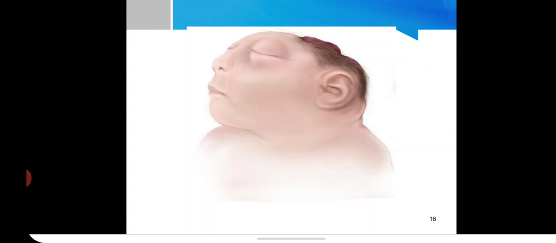As we conclude now, the central nervous system develops entirely from the neural tube, and the peripheral nervous system partly from the neural tube and partly from the neural crest cells. This completes the development of the neural tube formation, or neurulation, which may be asked as a separate question for you. We will see the continuation of the development of the brain and the spinal cord in the next class.